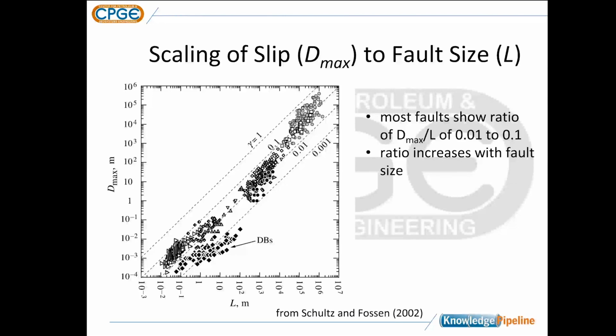And you can see these dashed lines, which are basically the slope, 0.001 to 1. So basically, if the curve is equal to 1, that means I get a meter of slip on a meter-long fault. You can see there's virtually no faults that show that magnitude of slip. Typically, most of the data is between the 0.1 and 0.01 dashed line, which means that if we have a fault that's 100 meters long, typically the maximum amount of slip we observe in outcrops at the surface is on the order of maybe 1 to 10 meters. So maybe something on the order of 1% is the maximum slip we get based on the size of the fault, 1% of the size of the fault.